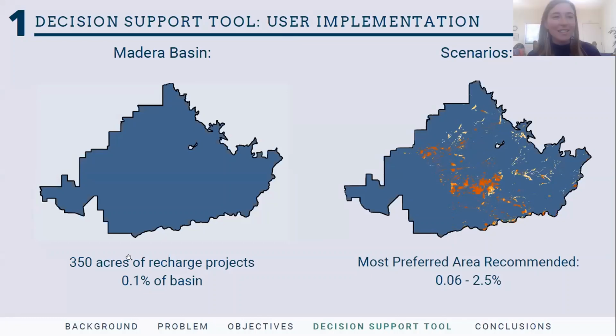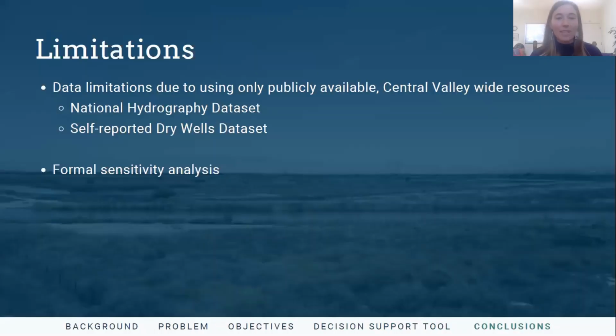Great, thanks, Claire. So as you've seen, we intentionally designed this tool using the best publicly available Central Valley-wide data sources so that it could be used by any water agency in the region, no matter how much locally specific data is available. However, a limitation to this project is that some of the data sources used may be underrepresentative